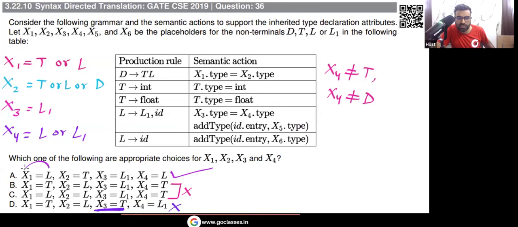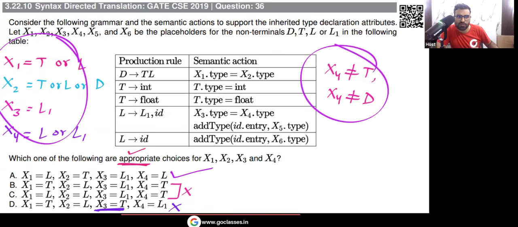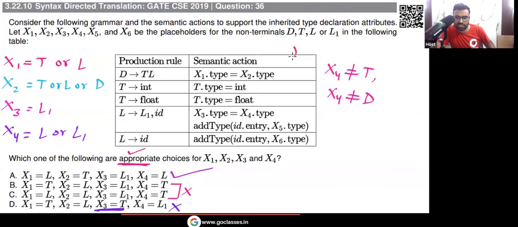You can see x1 is L, x2 is T, x3 is L1, and x4 is L. The question is asking for the most appropriate choice, so the answer will be option A. But of course, there can be other possibilities also, because this is the overall information that we can deduce from this given question. So based on this, the answer will be option A. I hope you